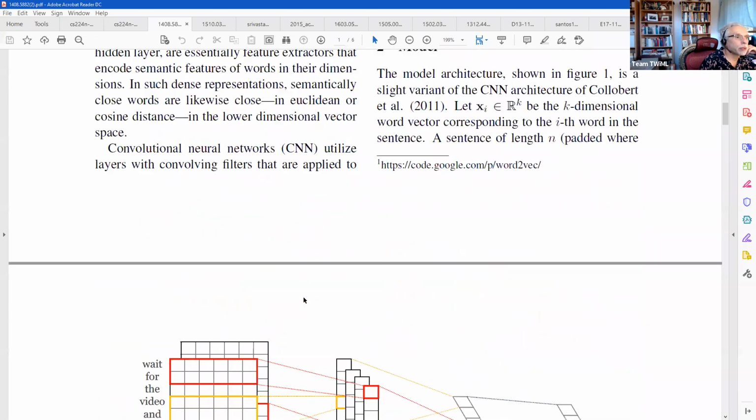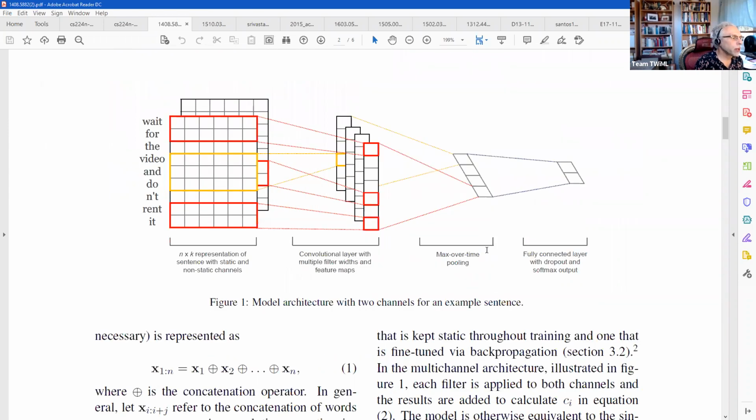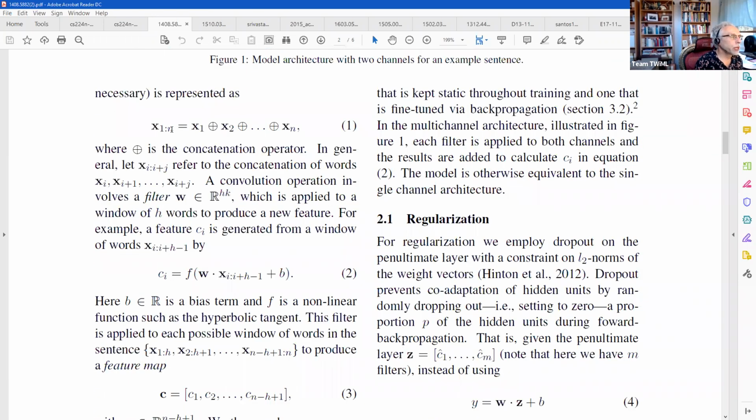Let's go back up a little bit and see. So the model architecture: let xi in Rk. Rk means vectors of length k, k-dimensional word vectors. These are the embeddings. This is the embedding space. And xi is the ith word, represented by a k-dimensional word vector, right? It corresponds to the ith word in the sentence. A sentence of length n, and he talks about padding, is represented as x1 through n. This is not Pythonic indexing, but we understand what he means. The indexes go from 1 to n, and he's concatenating all of these word vectors together,